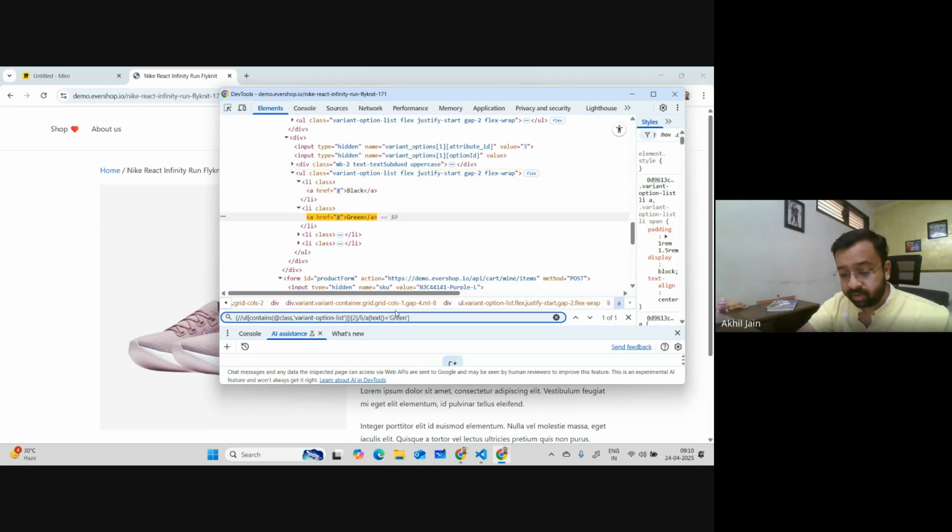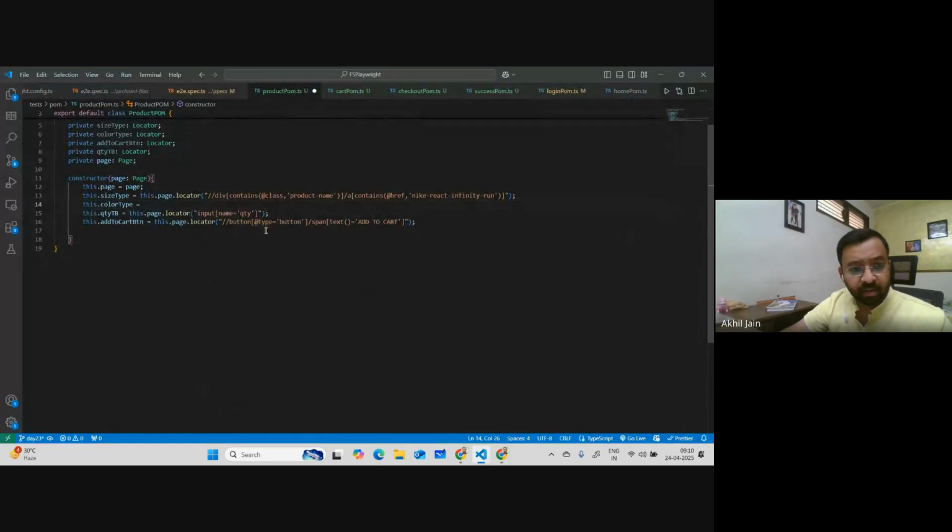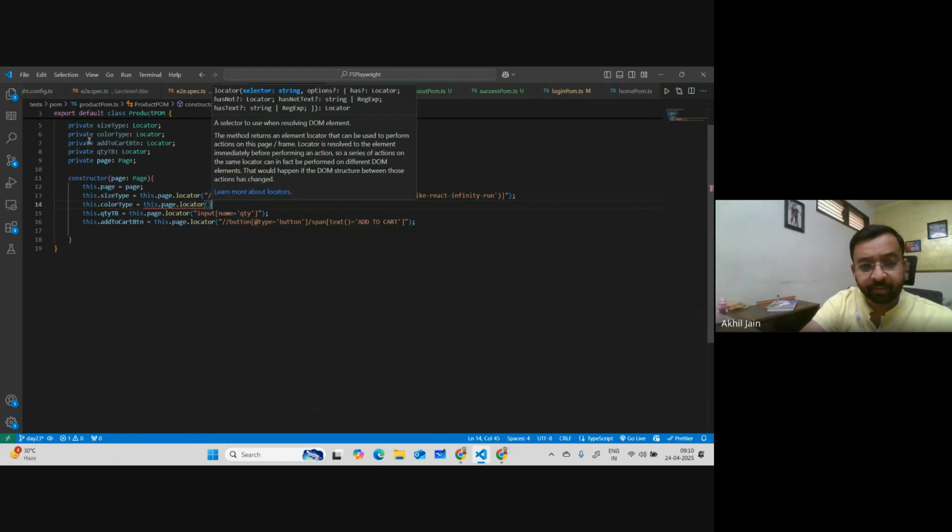See, now it matches. So again, this green, black, and all, I will refine them once I use the DAO layer. I will make it customized then. But as of now, let's just put it like this. So we'll say this dot page dot locator